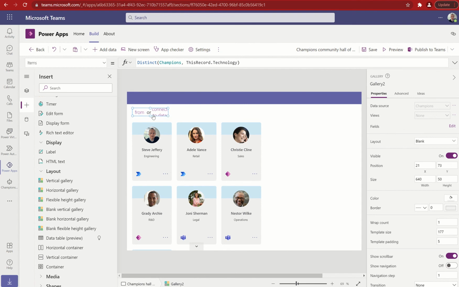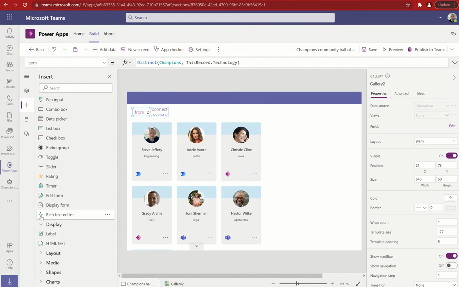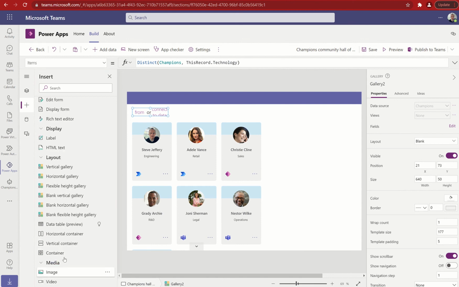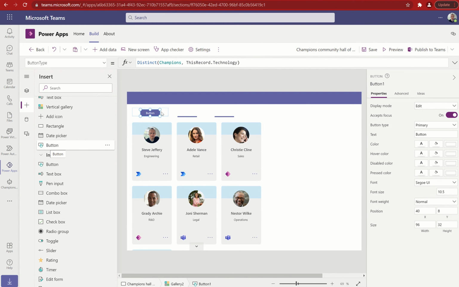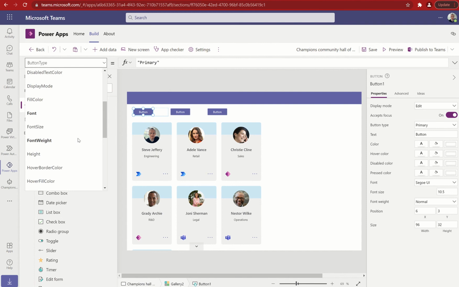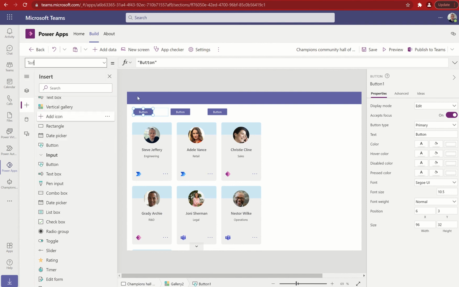And what I'm going to do, I'm going to add a button in there, and the button, where is button? Anybody seen a button? Here we go. Button. Right, so we have the button. Now the button one is going to be our filter. So what I want to do is, bear with me here, the text. So if this has worked as I'm hoping,